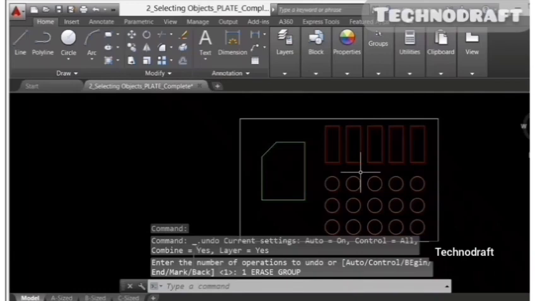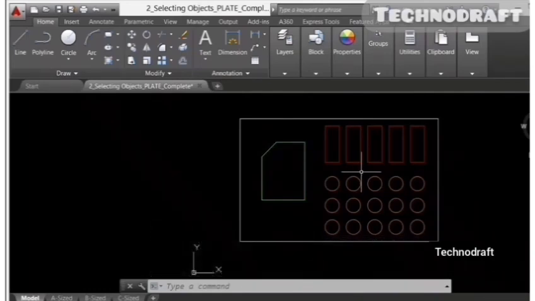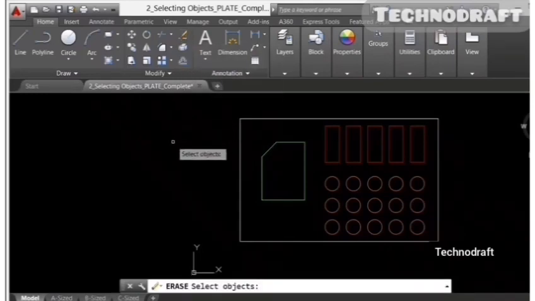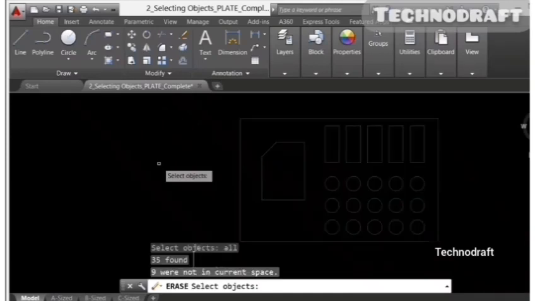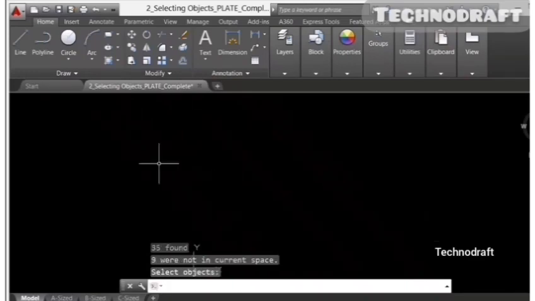Now the other thing you can do is you can actually select everything, and it's very easy to do, but be careful with it, especially with the erase command. So if I go to erase there and come to the select object prompt and type all like so and press enter, it will select absolutely everything in the model space. Press enter again, it has deleted everything. Now be aware, I can undo that, but